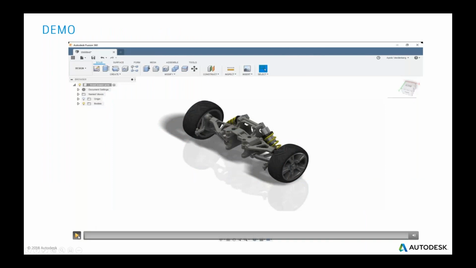So, if we look at the suspension, we're dealing with this front suspension, and